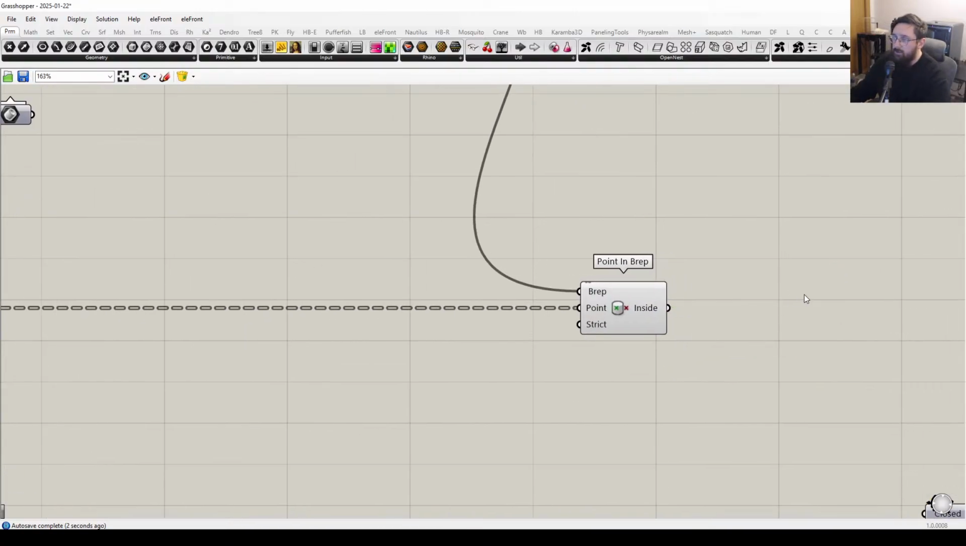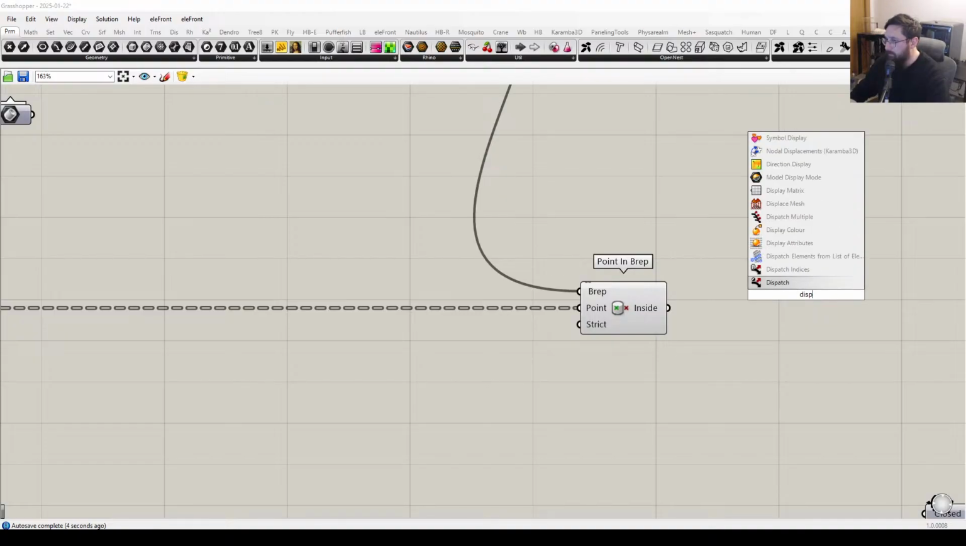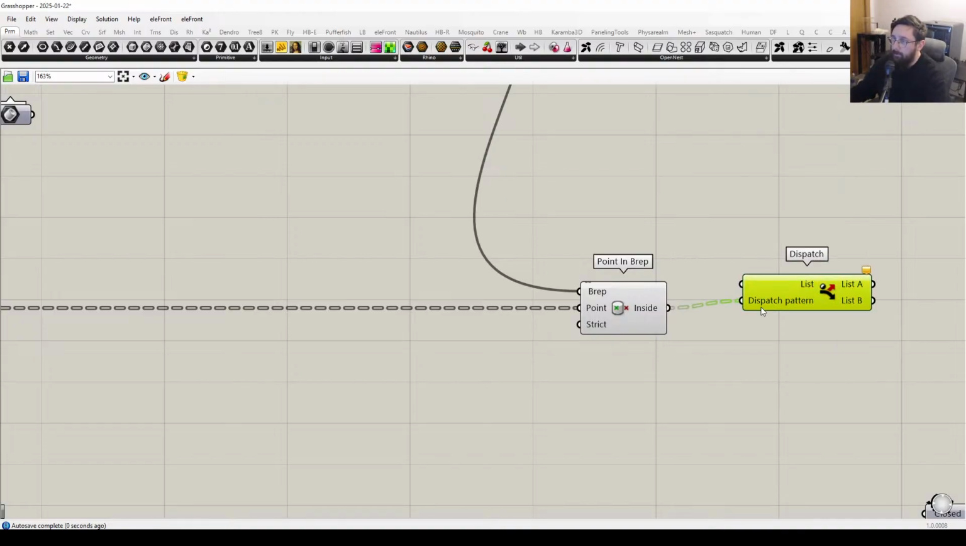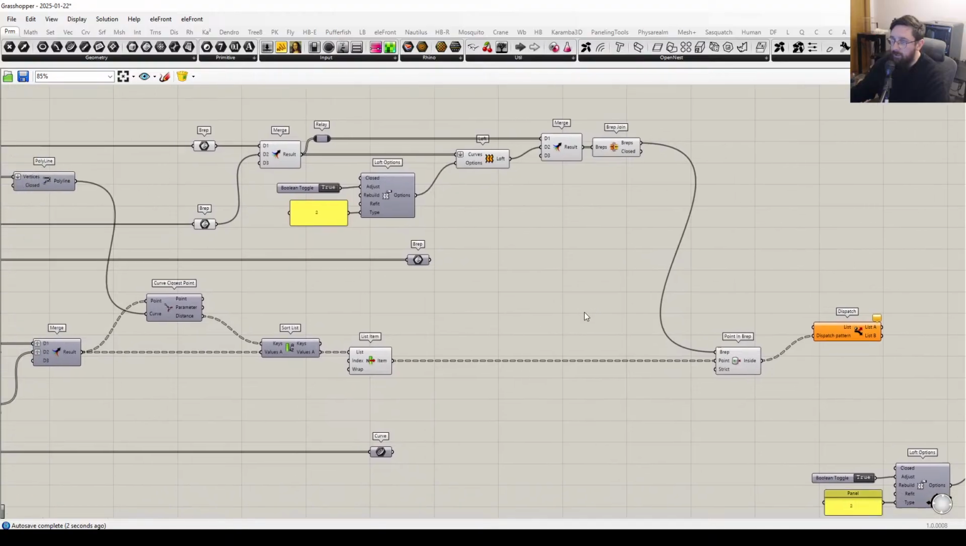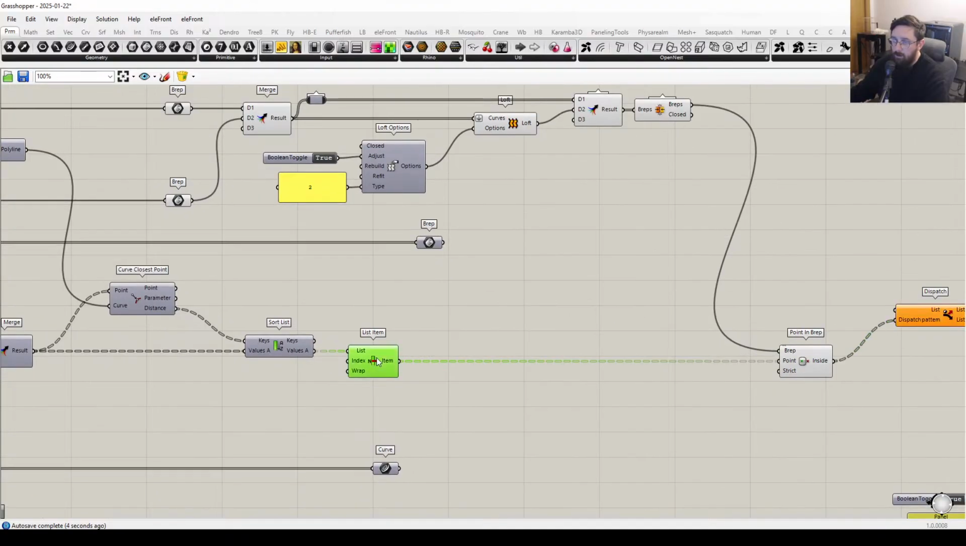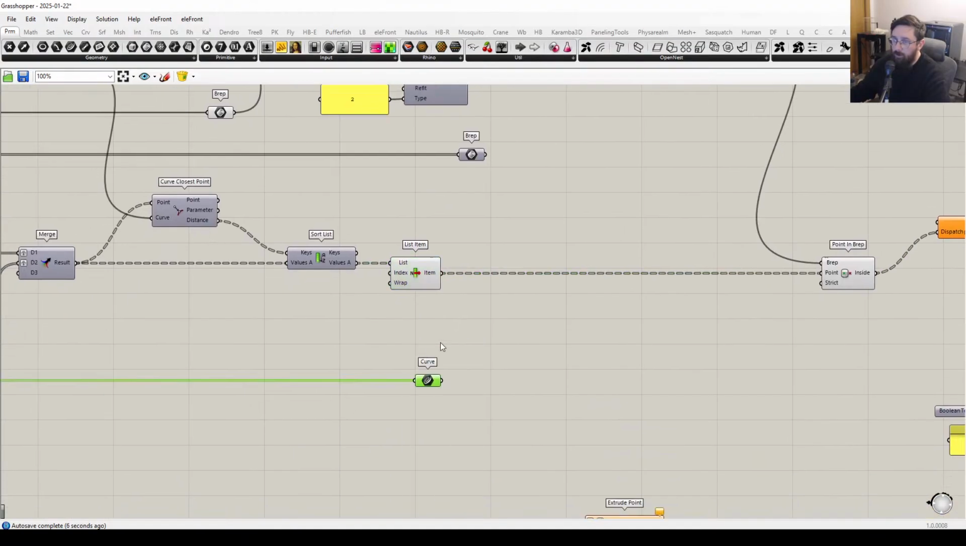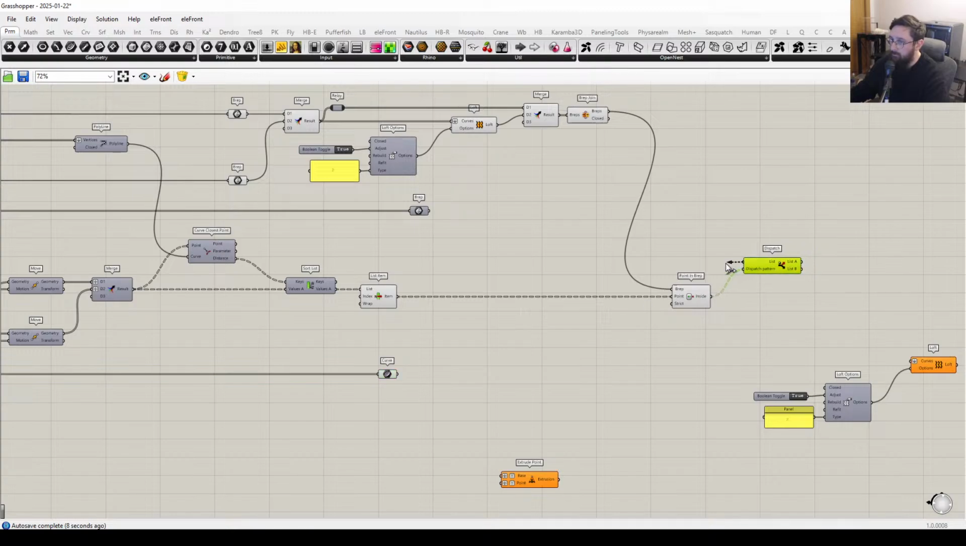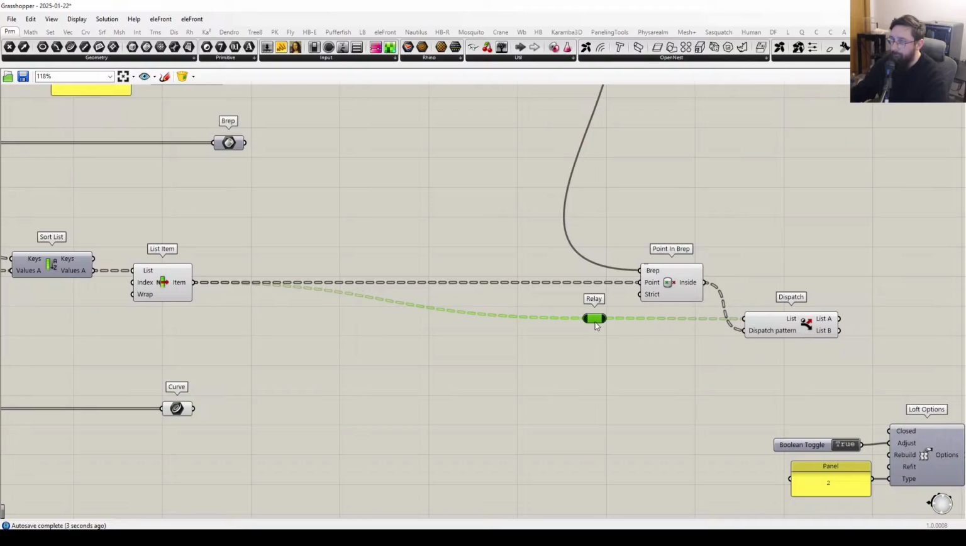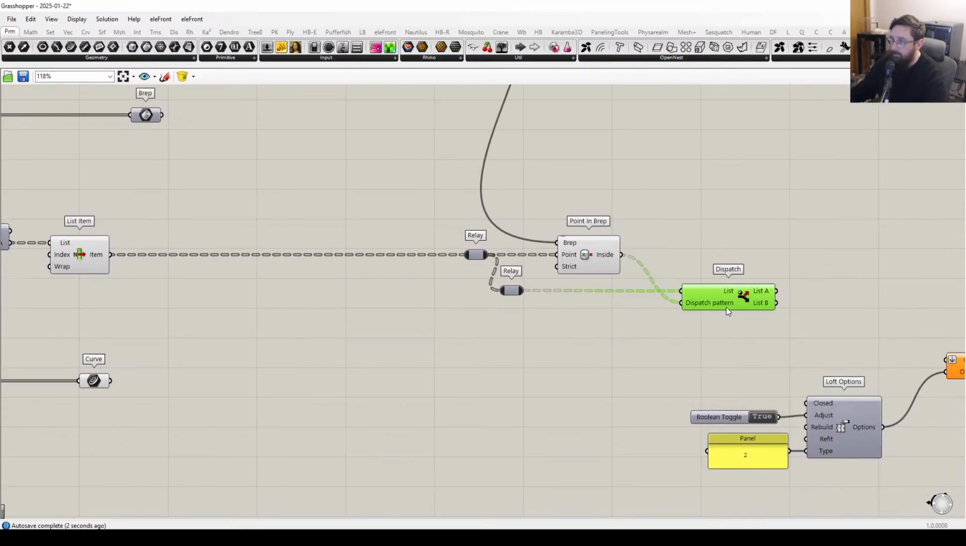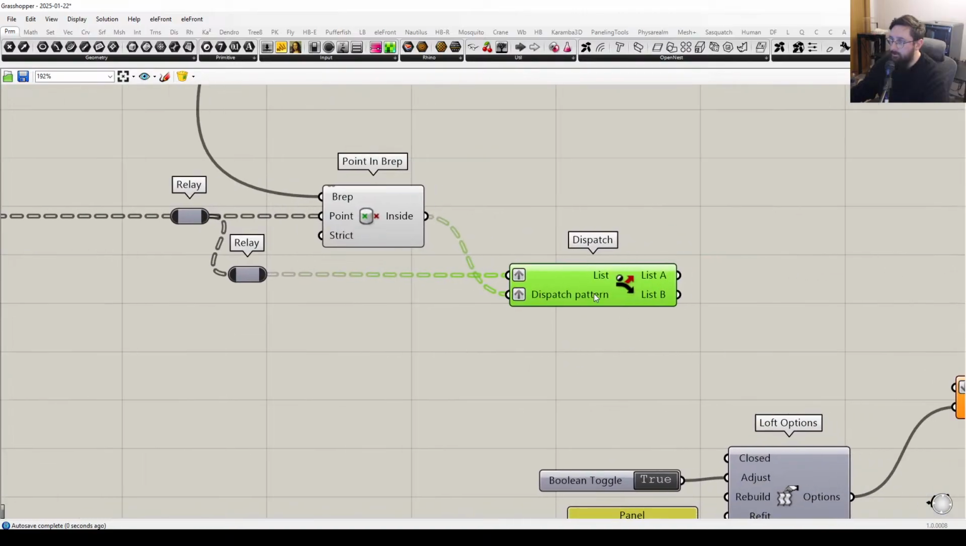So what I can do is a dispatch. This is my pattern, and the elements I'm dispatching are both the curve and the points. That's going to be interesting. Graft. Simplify, and in theory,